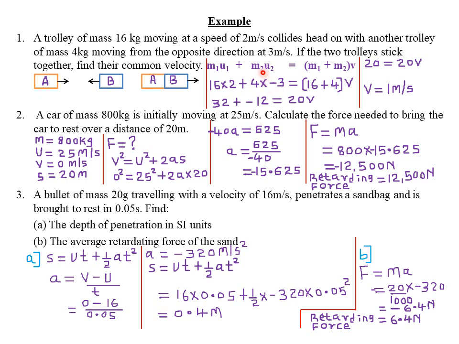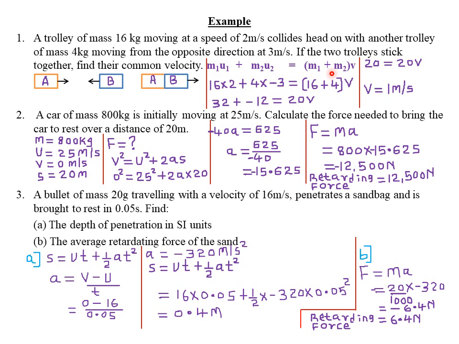Therefore, the initial momentum of our second trolley is its mass 4 kg times its velocity, which will be negative 3 meters per second because of the word opposite direction, or in the reversed direction, or in the backward direction. So the velocity is negative 3. Therefore, its initial momentum is 4 times negative 3. Then the common final